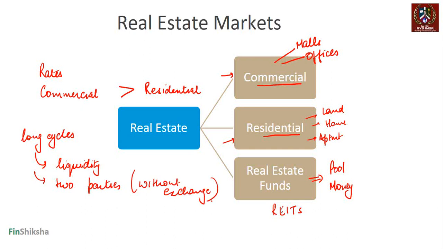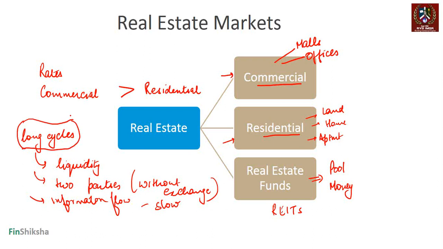What happens because of that is that cycles typically become long because information flow in these markets is slow, right? So if I sell a piece of land at a lower price than the market rate, this information does not flow very quickly into the market, right? What that does is that the market price does not fall so easily because of the cycles that get created. Typically, for a long period, you'll see prices going up. Then for a long period, you'll either see them stagnating at a particular level or going down as well from that level, right?